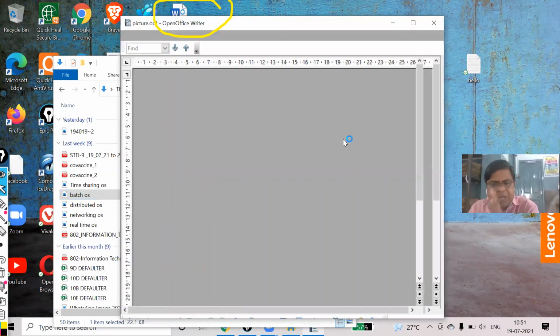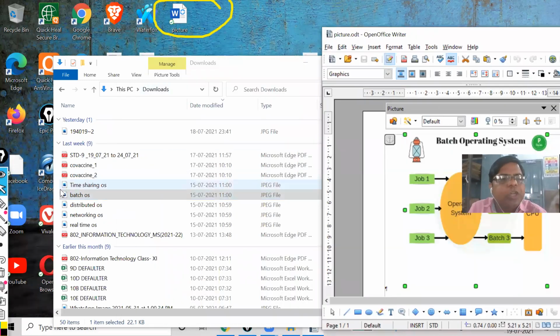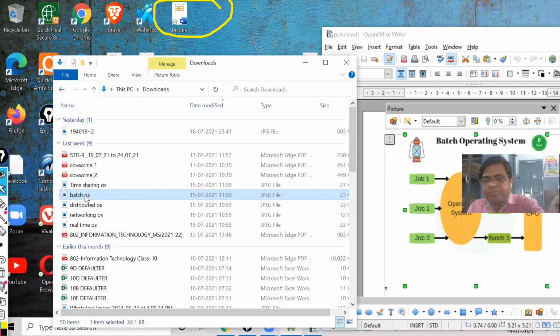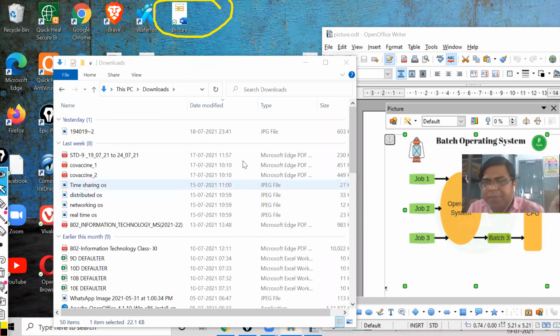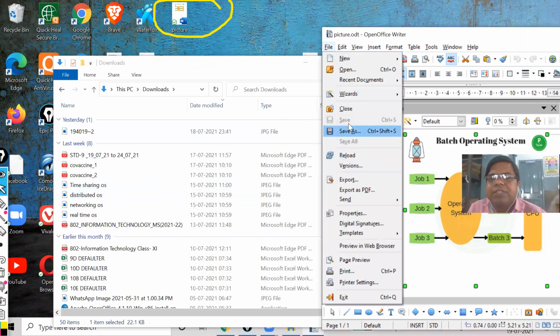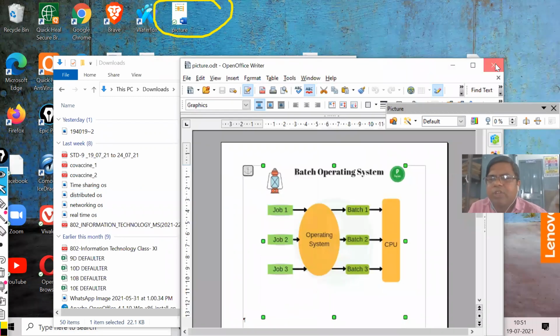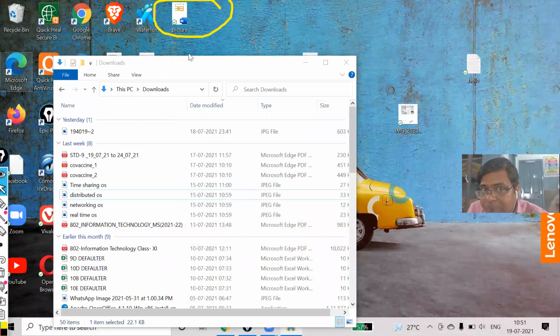Now, watch carefully, my dear. Now, what I am going to do, I'm going to delete this batch OS file. Delete it. Now, see, I'm going to save this. Already it is saved, so I will close it. And now I'm going to open this picture.